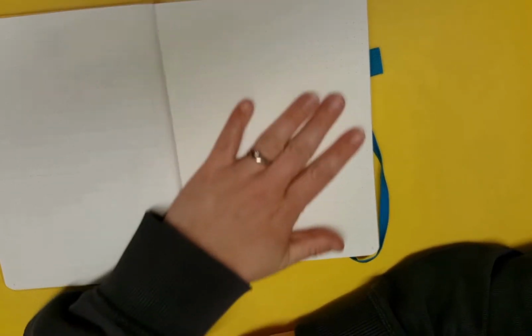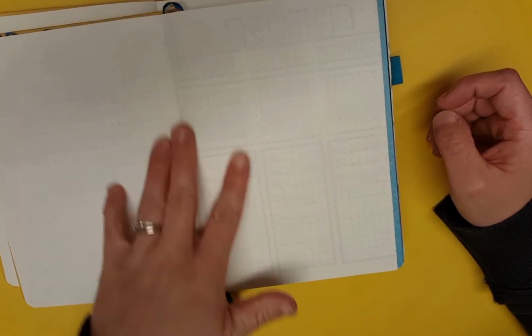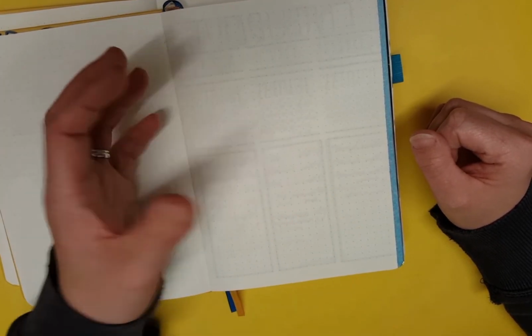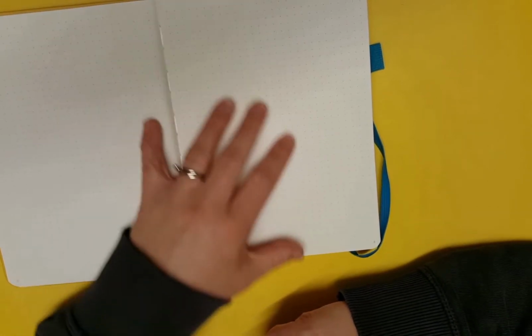So you get your index, and then I will probably leave the first page blank. I always do this. I've done it in this one as well. I don't really know why I leave it blank and why I don't fill it in straight from the start, other than maybe I find it a bit daunting to be faced with that first page and having to make sure that it looks great. But what I think I'm going to do is just name each journal, and do this as a cover page for that particular journal. So same with this one, I'll just leave it blank for the time being, and I'll fill it in later on. And then it'll be future log,